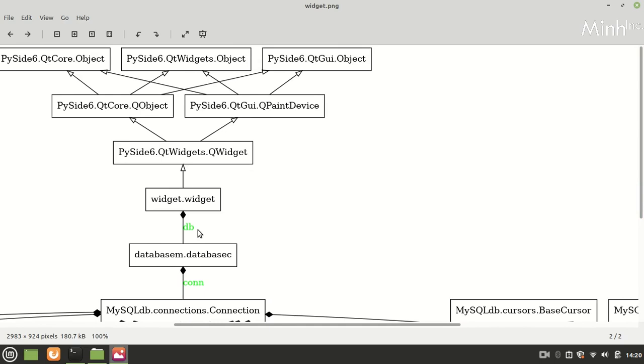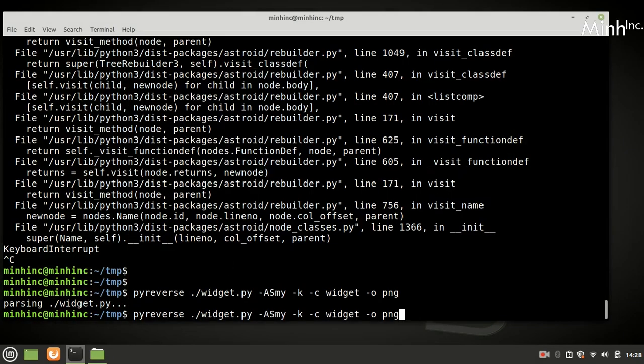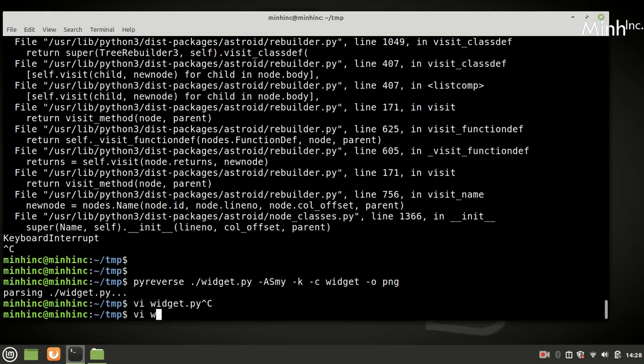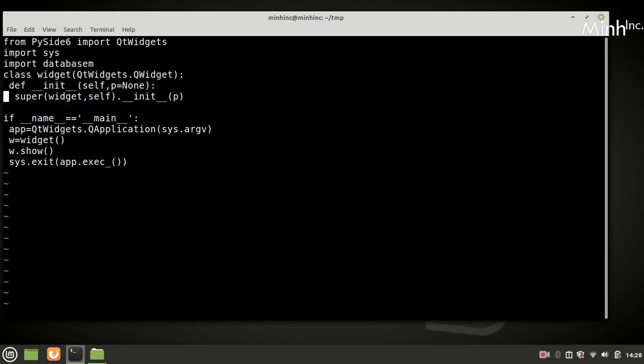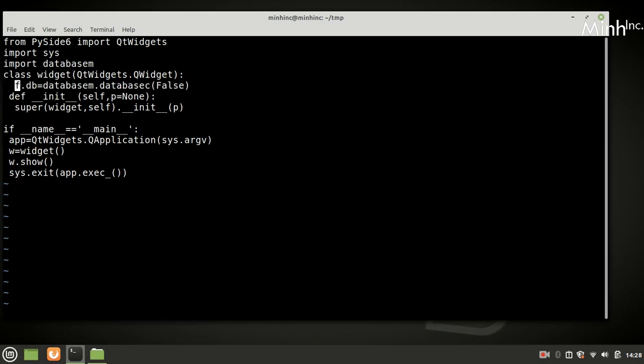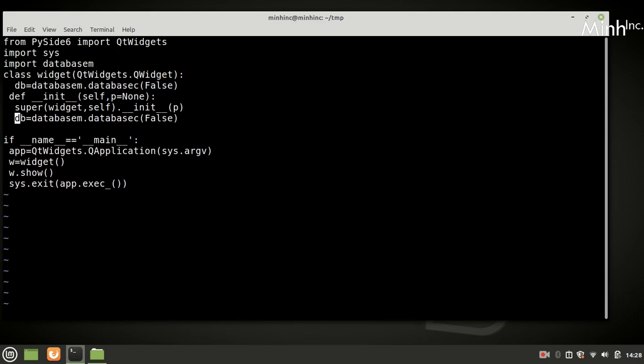So as a DB parameter, and then it derives from those classes. Widget, and it derives and it has a DB as its containment association, that is database MC. So this can be fetched like this also. I can place this as a class variable also. Okay, or probably both I can try. Self.db, and it is the dbc class.